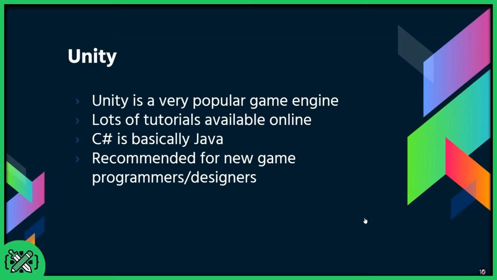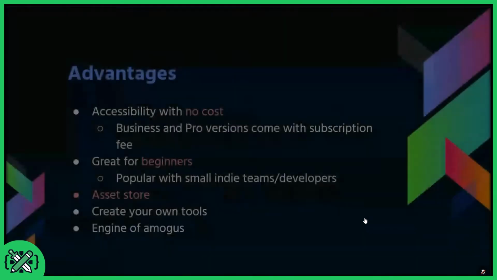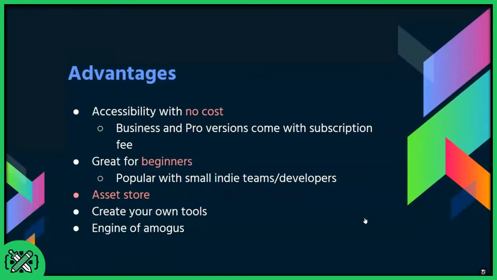It's also pretty good for beginners and new programmers, because a lot of times schools have their programs run where Java is the first language you learn, and we're using C sharp, which is essentially just Java. It's the same syntax. I think there are a few differences, but I haven't really noticed much of those differences here or there. And the advantages of Unity: it's free